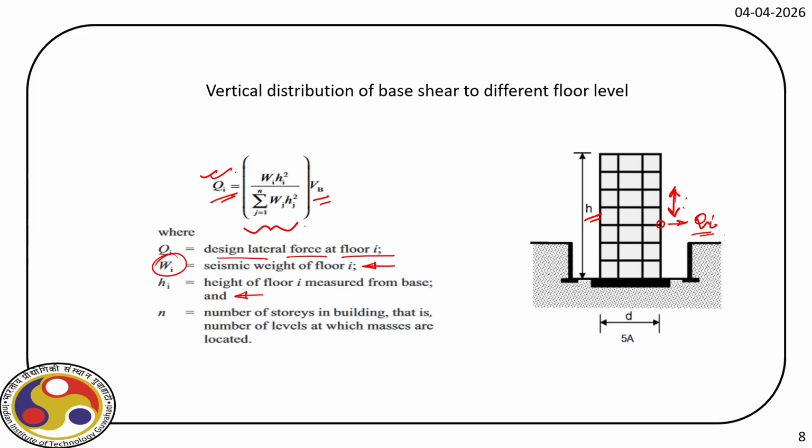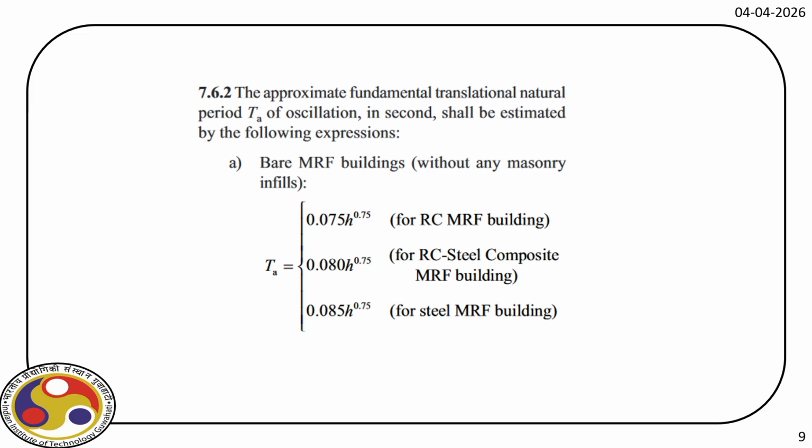Now when we do that in STAAD.Pro, it will be done automatically, but if you do a hand calculation, that is the procedure. First you identify the base shear and then its vertical distribution along the height. Now the most important part is the fundamental frequency, because the fundamental frequency of the building can come from the modal analysis, if you recall, and in the previous class we have shown how to do the modal analysis.